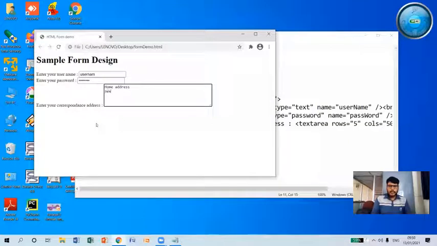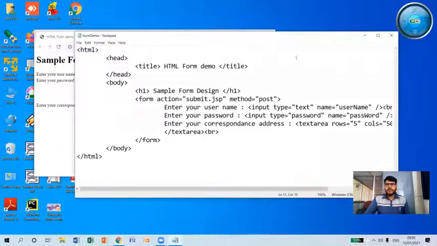And here I can write my next line of address. And also I can type my PIN code, and I can specify my country like that. So this is the use of multiple line text input. That can be achieved with the help of the textarea tag.